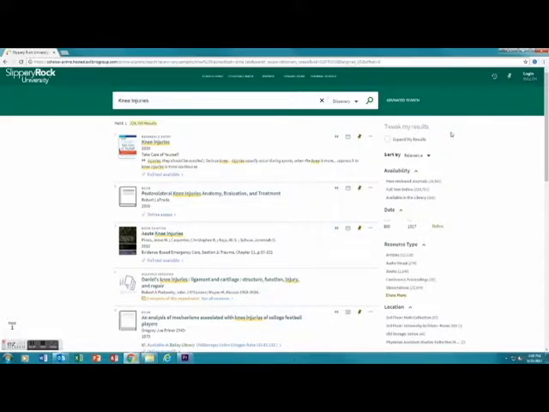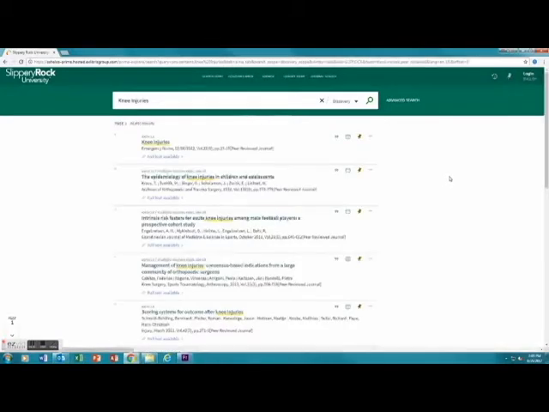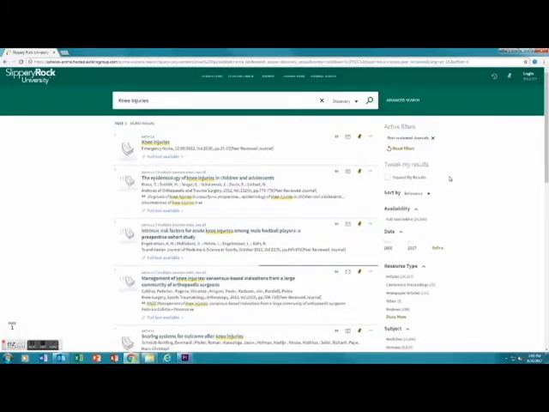Filters work by scanning the bibliographic information in each item's record and then allowing you to sort those items in your search results based on the information in those records. We can see here that there's the availability filter, and the top result are peer-reviewed journals, meaning if we click on that filter, every result that appears will be from a peer-reviewed journal according to the information in each item's